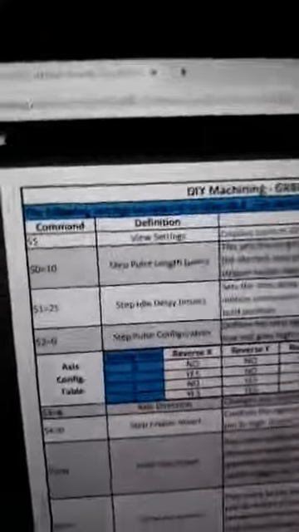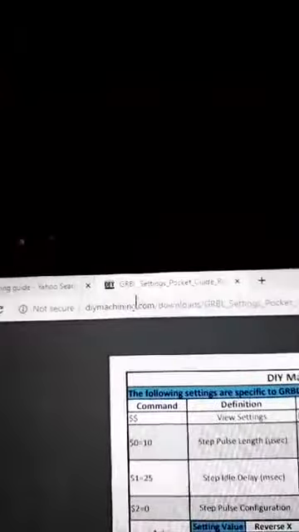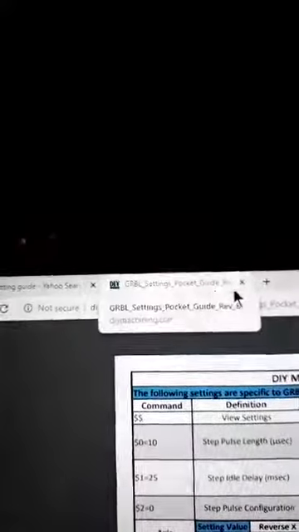This one here basically tells you what each one does, okay? And it doesn't go into depth. Now, this was the GRBL settings pocket guide, Revision B. Like I said, people ask, what do GRBL settings do?